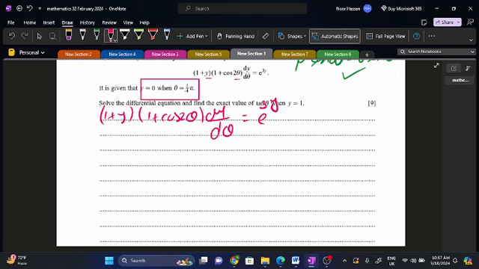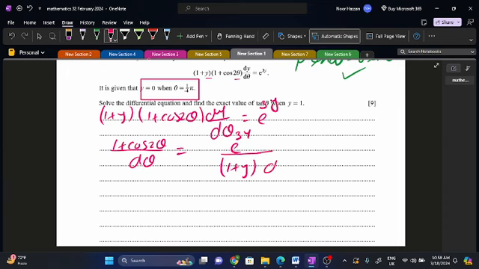That is the form I have. So I want to get y terms on the left hand side and theta terms on the right hand side. So I have (1 plus cos 2 theta) d theta, which equals e raised to the power 3y by (1 plus y)